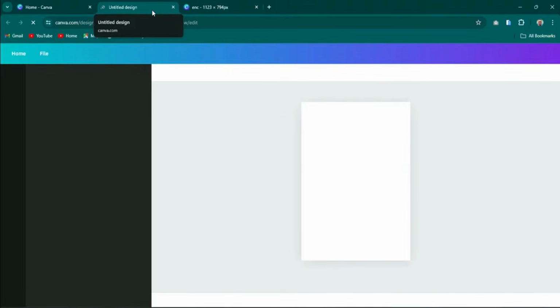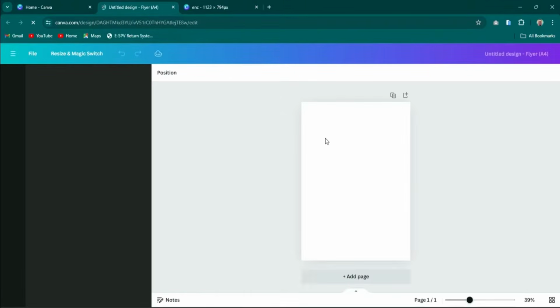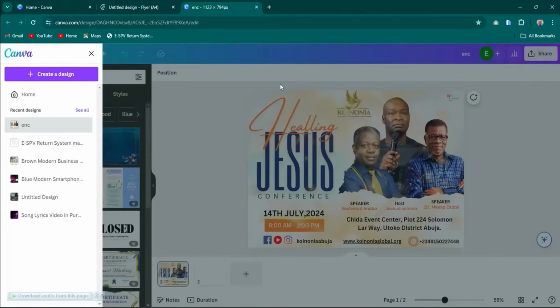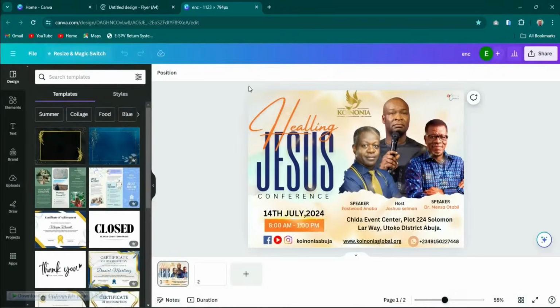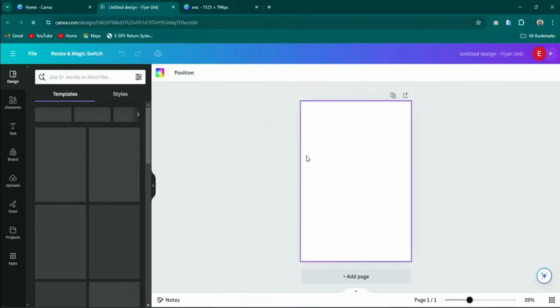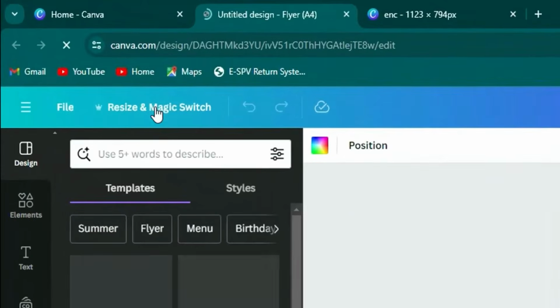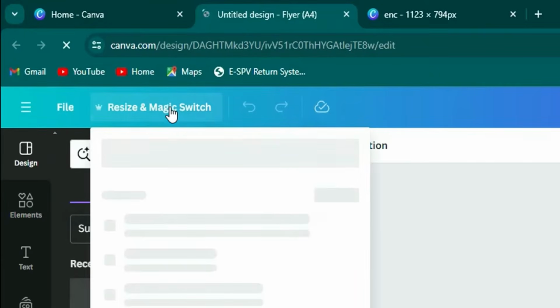And then this will open for us. We want our flyer size to be something like this, which is 1123 by 794. So what we want is to just click on resize and magic switch, click on it like this,